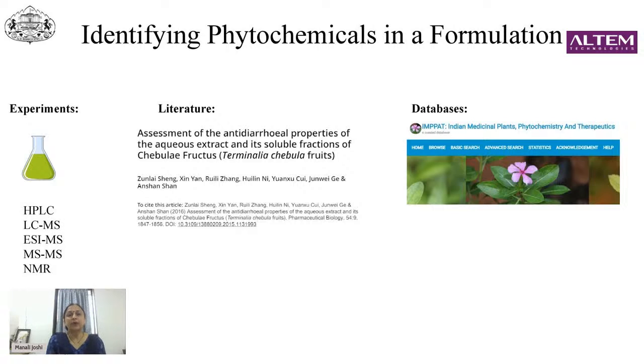Okay, so in this paper, they have already done an extract and characterized what is there in the fruit, and there are several such papers. So if there is a huge body of literature, then maybe it's not necessary that I reinvent the wheel and do experiments again. But I can depend on what others have done and start by taking chemicals from their published